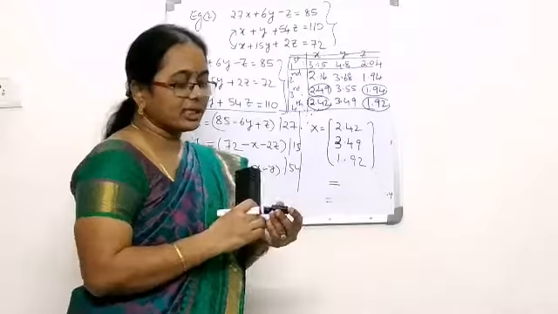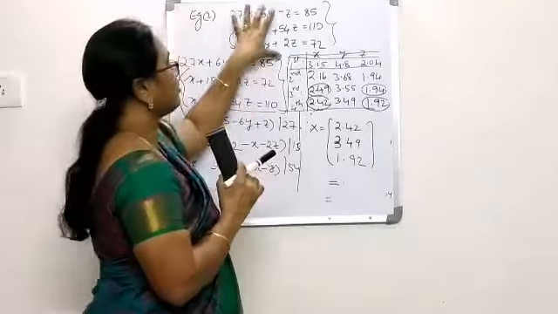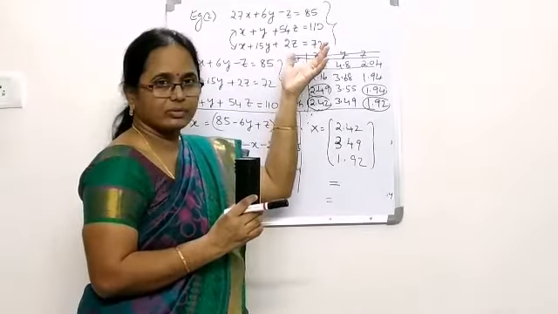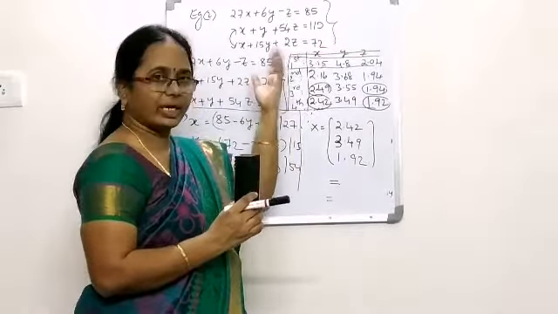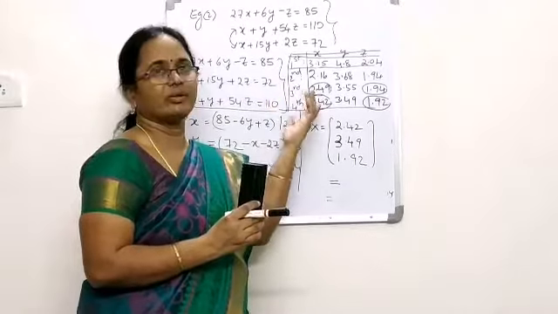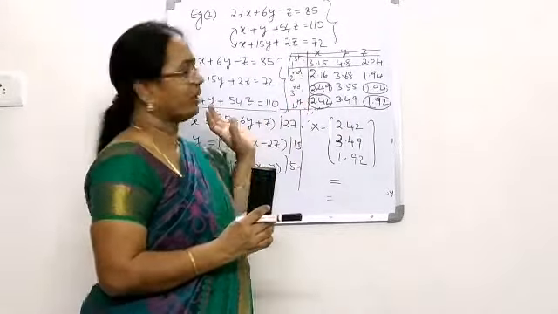So what happens in the Jacobi method? First we need to check whether the system is diagonally dominant or not. If it is not dominant, what we do is try to interchange the equations so that we make it dominant. After making it dominant only, we can solve and apply the method.